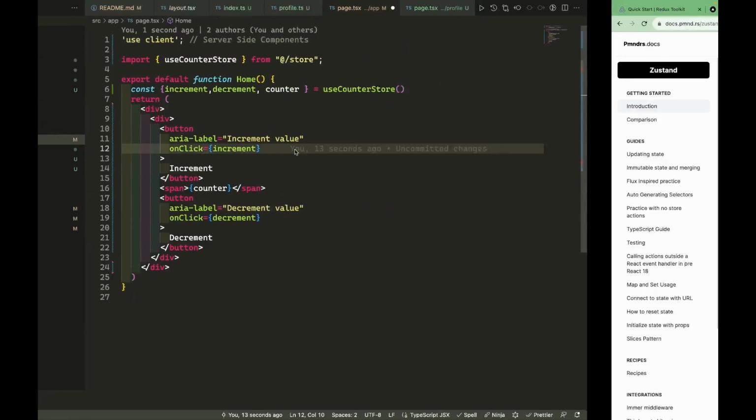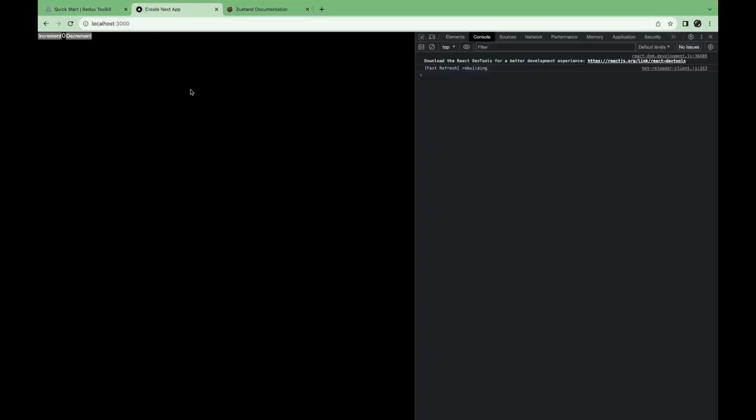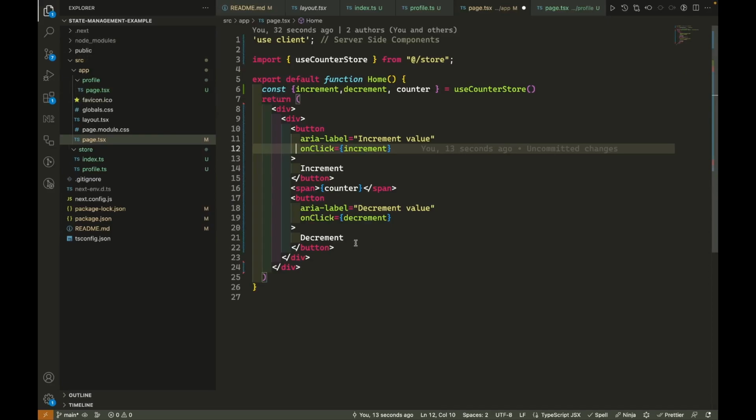And you can see, if I go back to the page and refresh this, again this is not a very good looking UI, but I just wanted to explain the use case why you should try using Zustand instead of Redux. You can see that the state is working as expected, increment, decrement, and we can have a button for increment by amount as well. Let's say